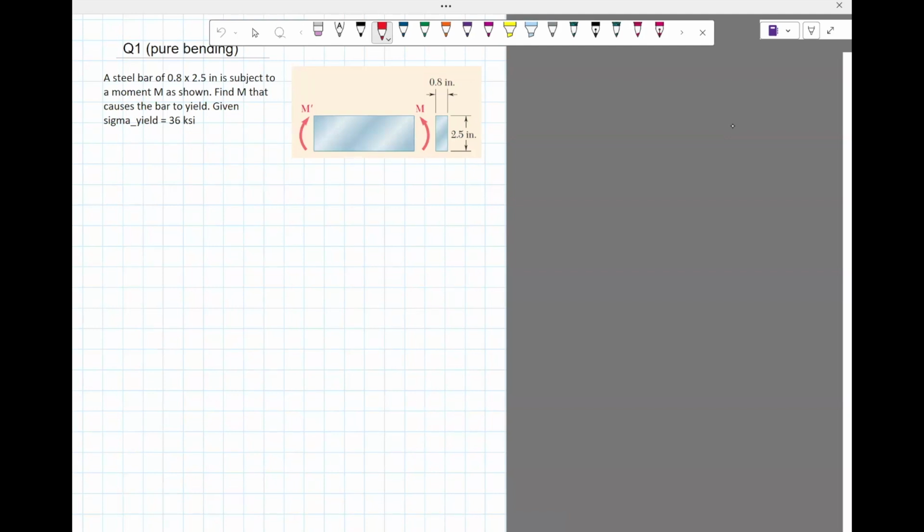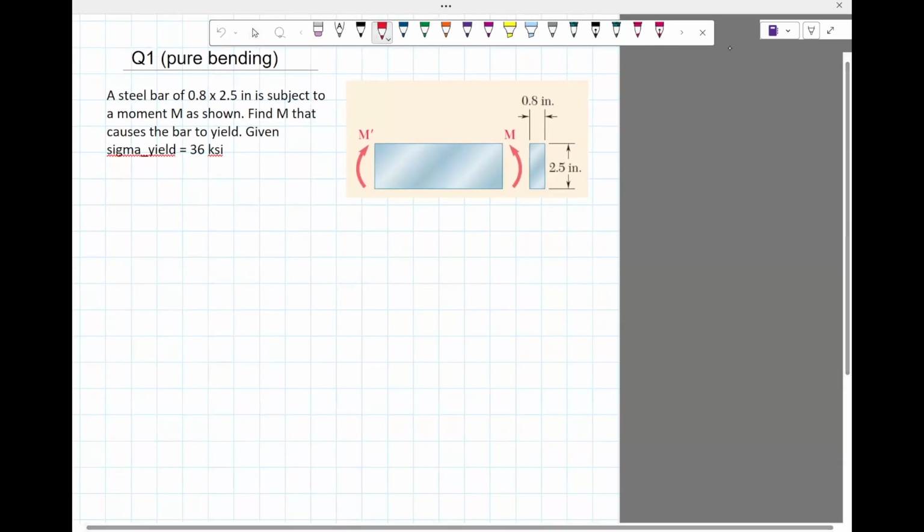So problem one. We've covered a lot of theory, and hopefully these problems will make it clear how to use the formulas. A steel bar of 0.8 times 2.5 inch is subject to a moment M as shown. Find M that causes the bar to yield, given sigma yield is 36 ksi. What it means is you're given